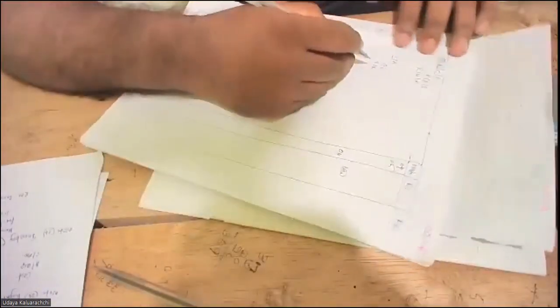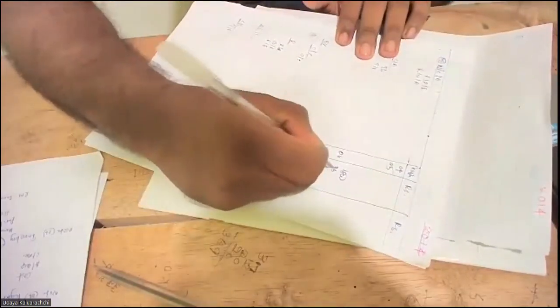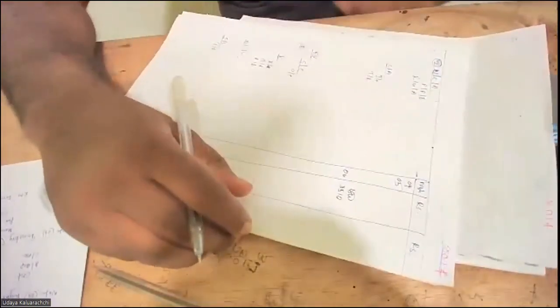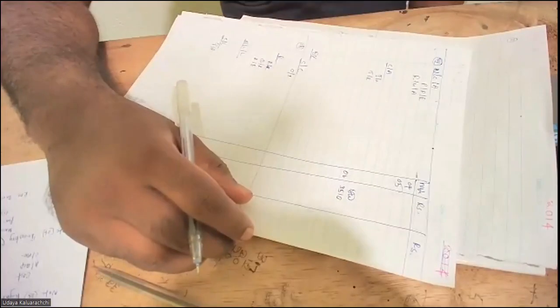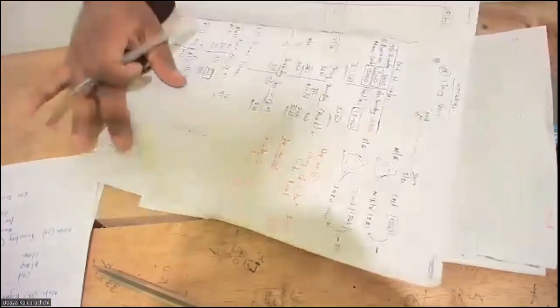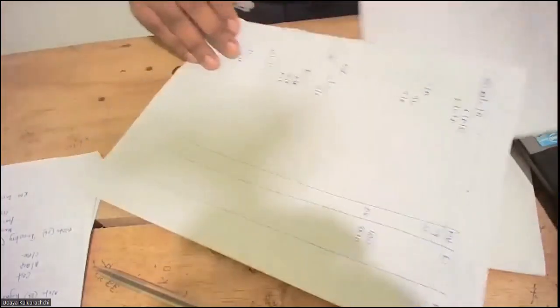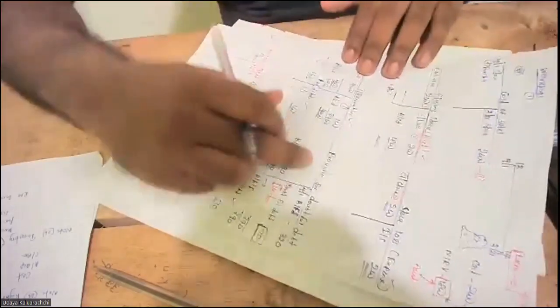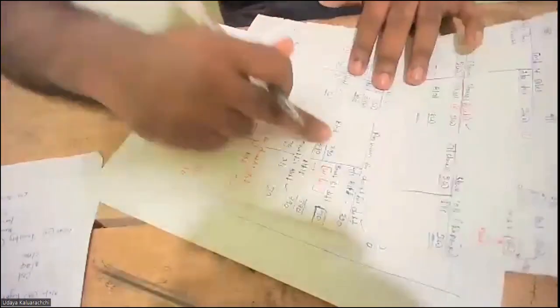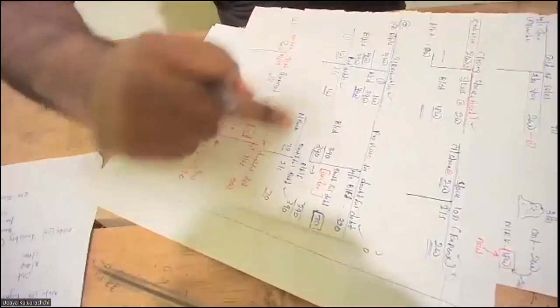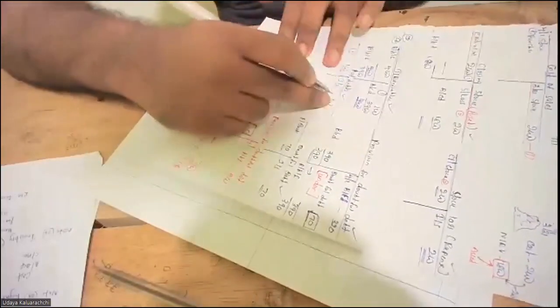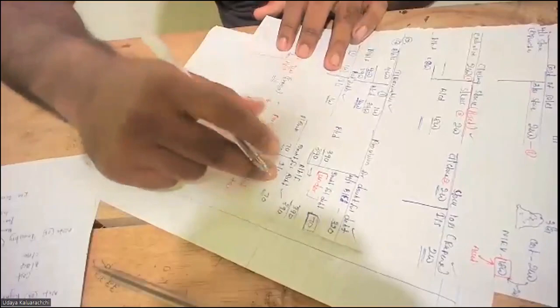It is the asset value, 3,510. Then we also took the provision for doubtful debt. Bad debts we transfer into the income statement, and doubtful debt